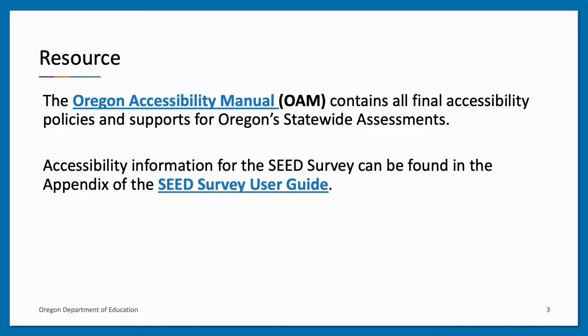The Oregon Accessibility Manual, or OAM, was developed to guide the selection and administration of universal tools, designated supports, and accommodations for the current statewide summative assessments, including mathematics, English language arts, science, as well as social sciences, English language proficiency, the Oregon Extended Assessments, and the Kindergarten Assessment. Only those supports included in the OAM may be provided to students during the administration of Oregon's statewide assessments. Further, accessibility information for the SEED survey can be found in the appendix of the SEED survey user guide, beginning